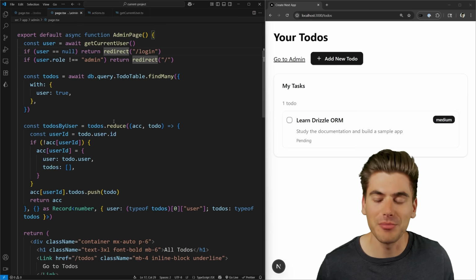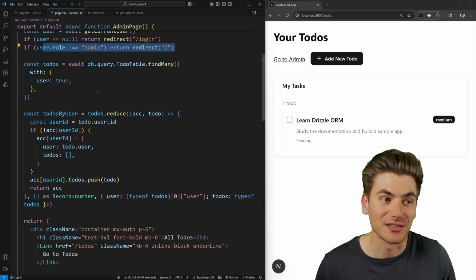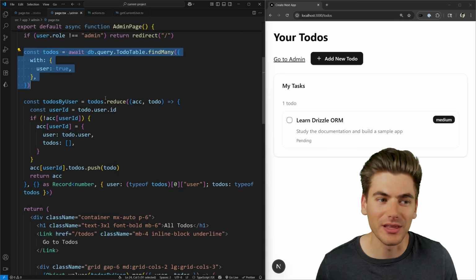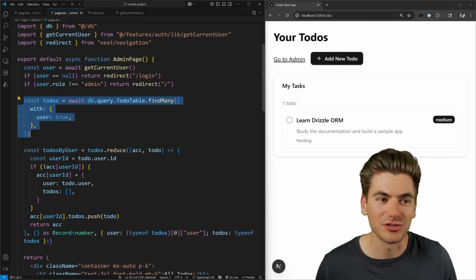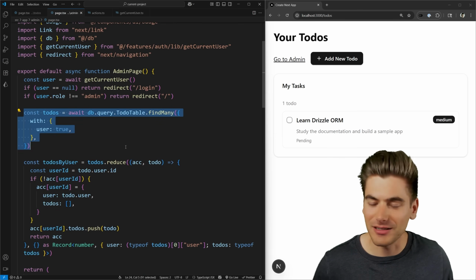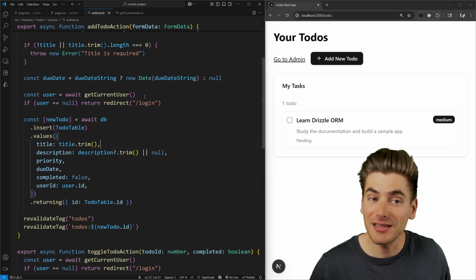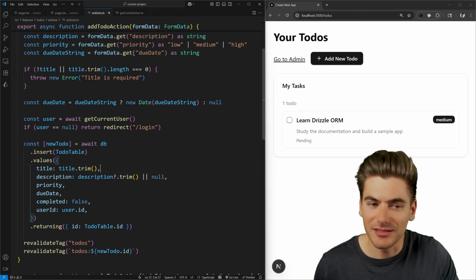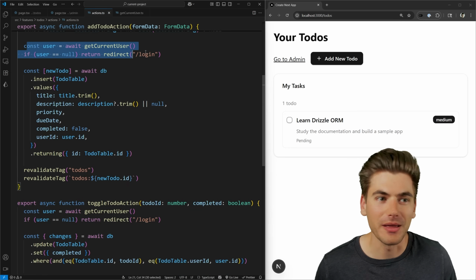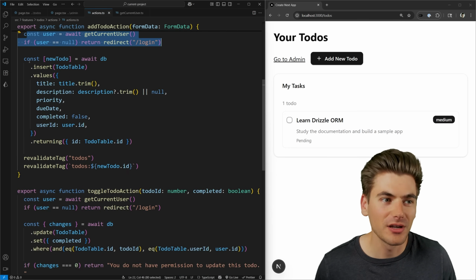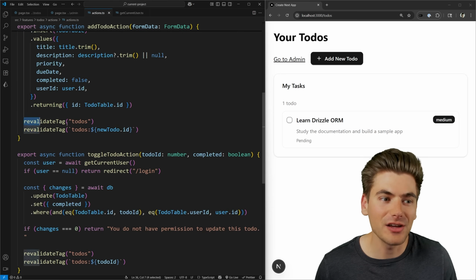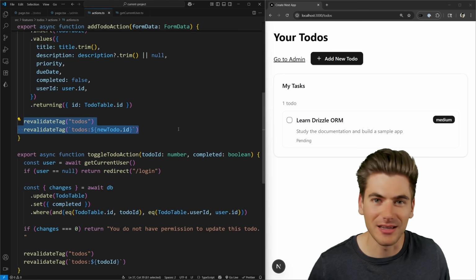It's the same thing on my admin page, but I have extra steps because not only do I need to make sure there's a user, I also need to make sure that they're an admin user so they can access this information. Then I'm getting all my to-do related information and finally rendering that out to the screen. All the rendering code is fine, that doesn't really matter. It's mostly how we get our data. Finally, in our actions, we're doing the exact same thing. I'm getting all my data from the client, and then I'm going ahead, I'm making sure I have a user, redirecting if I don't, directly accessing my data, and directly doing all my revalidation